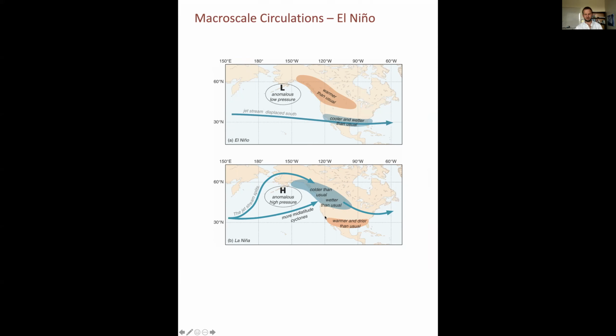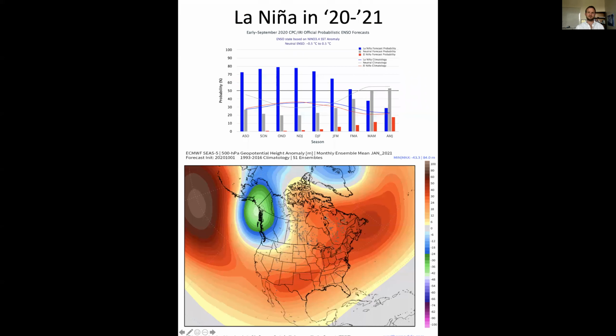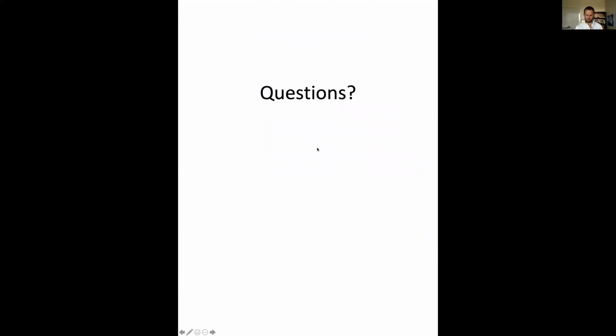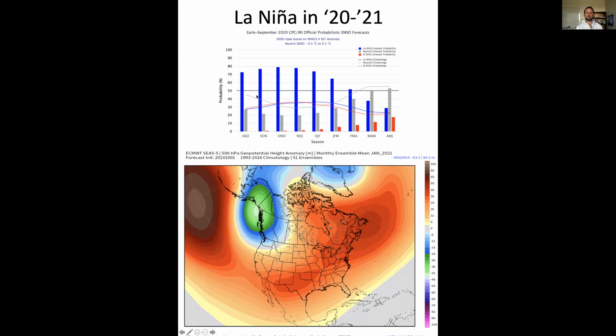And why is this important? Well, because I want to mention that this winter is very much shaping up to be a La Nina winter, with the blue bars here showing the probability for La Nina to continue into the winter. So this shows the months, August, September, October, November, and so forth. And you can see that the probability for La Nina remains extremely high,